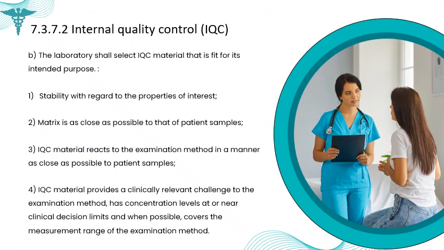The laboratory shall select internal quality control (IQC) material that is fit for its intended purpose. When making this selection, the following factors shall be considered: the stability of the material with respect to the properties of interest; that the matrix of the IQC material closely resembles that of patient samples; that the IQC material reacts to the examination method as similarly as possible to patient samples;